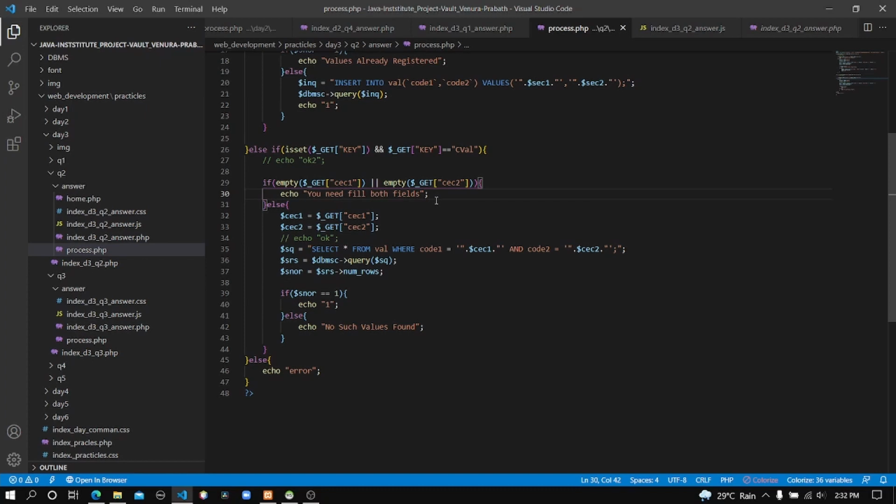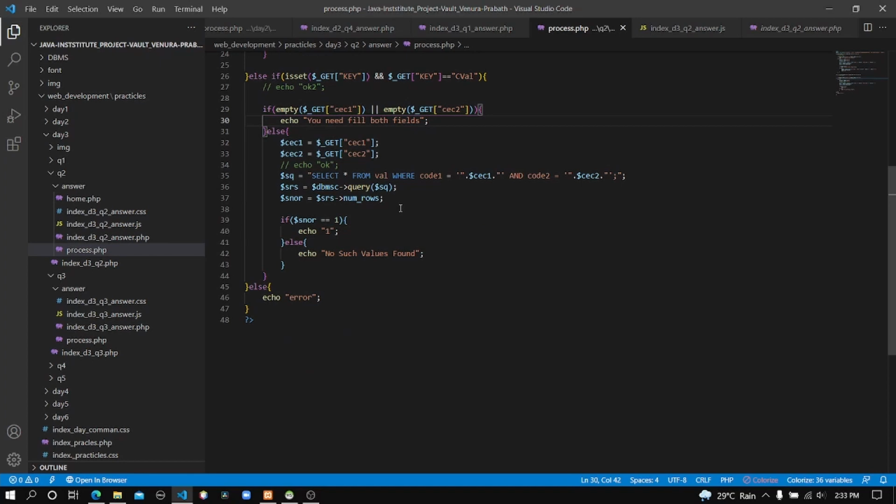Okay, that's going to show when someone didn't insert details. After someone inserts details, it will store those two details from the input fields in separate PHP variables. Here you can see the values which come as the names sec1 and sec2 in the get method will be stored separately in two different variables. And after that, here you can see there's a select query.